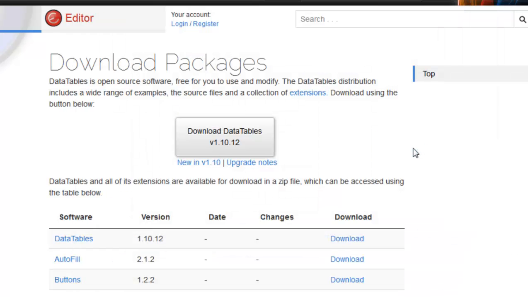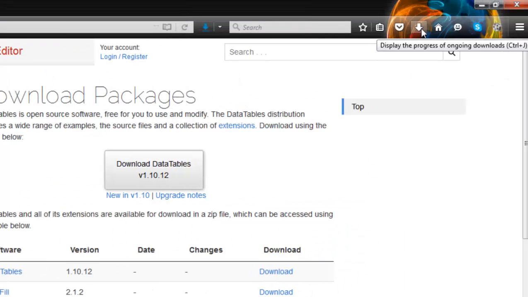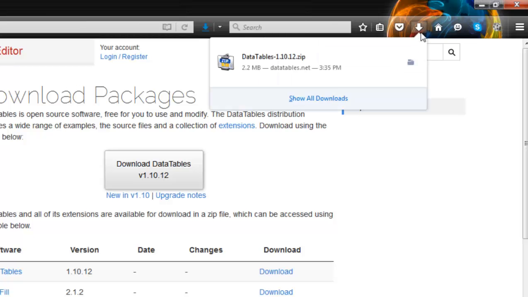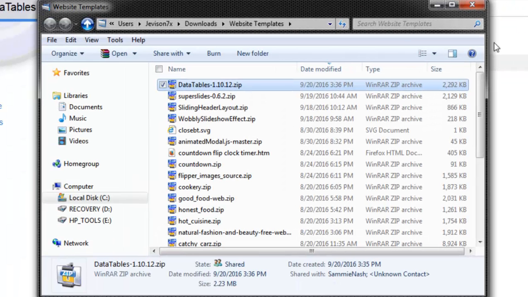But if you do download it, you're gonna get the file from the arrow that's pointing down here in your browser. You can see I'm using Firefox. If you are using Chrome or some other browser, then you might be getting something different. But anyway, you should know where your downloads go to. So here is where mine went to, and I just downloaded that today. I can click here to open the containing folder, and here's the containing folder of where I downloaded my file to, this DataTables